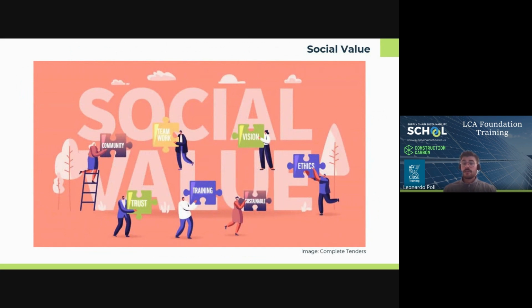Another important aspect concerning the sustainability of a built asset lies in the social value it generates. The UK Public Services Social Value Act of 2013. In the UK Public Services Social Value Act of 2013, social value is defined as the financial and non-financial value created by an organization through its day-to-day activities in terms of the well-being of the people involved in it. For construction, the people involved are the local community, building occupants, the building construction team, employees of the construction firm in general, and the wider supply chain.